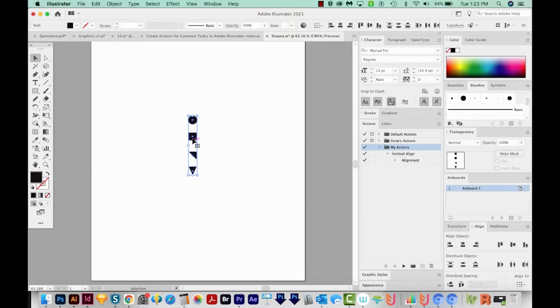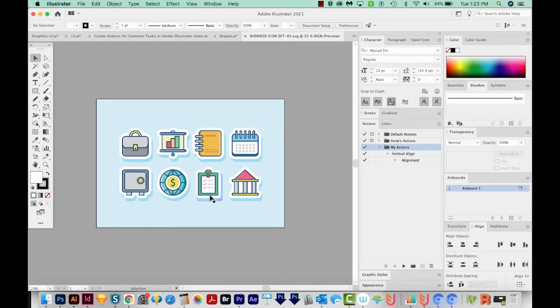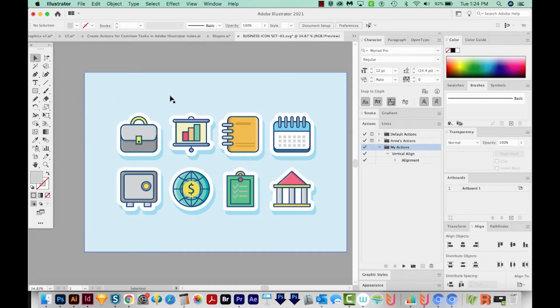Okay, so that is the first action I wanted to show you that I use all the time. The second one deals with icons that I download from Shutterstock or Vecteezy or something like that. A lot of times the icons aren't built the way they should be. Honestly, most of the time they're built fine. You can just click the icon you want and drag it off the screen and it'll take everything that's supposed to come with it. But sometimes you'll get ones that are grouped really strangely, and I get these so often that I've made an action to kind of separate and group everything.